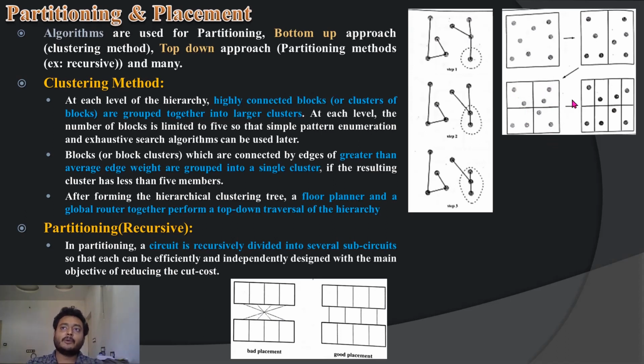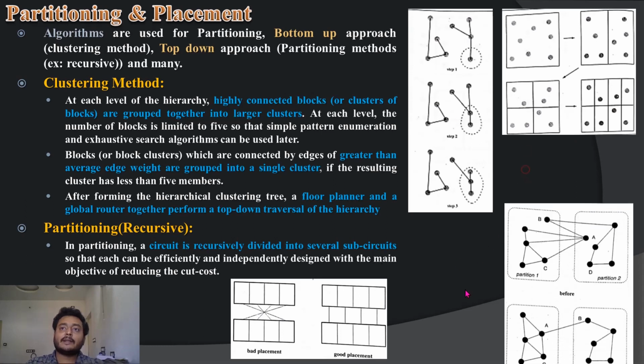Then again you try to move them, and the partitions you just made, again a vertical cut here and a vertical cut here, made each of them individually different. So the placement has been done in a proper way. Okay, so this is again the partitioning, how it does recursive partitioning. First step, second step, third step, it keeps on doing the recursive partitioning until you get the proper number of minimum cost cells.